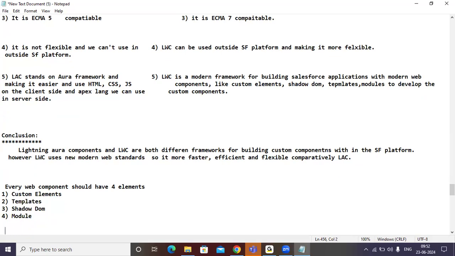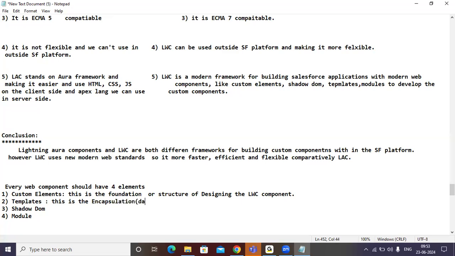Understand all of you? What is a custom element here? I can say this is the foundation or structure for designing the LWC component. Template means I can say this is the encapsulation. What is the meaning of encapsulation, guys?